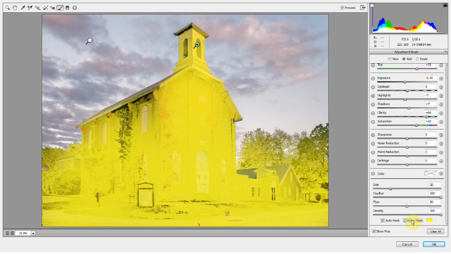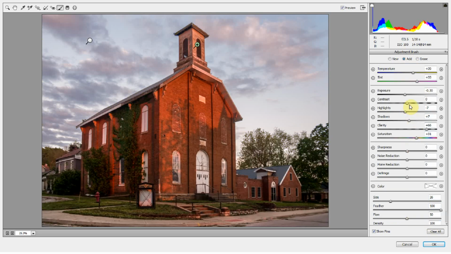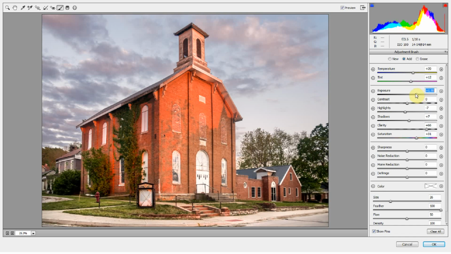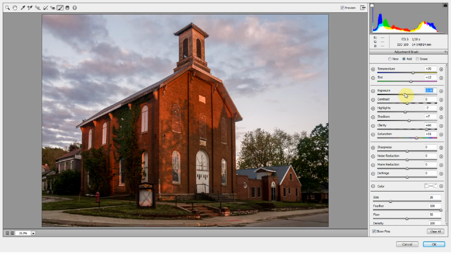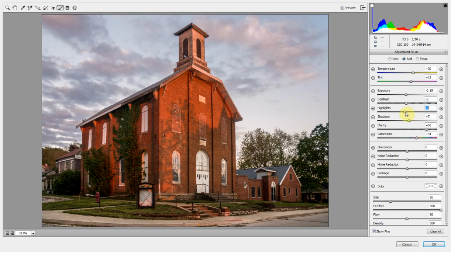So it defaults to the settings from before. So if I don't like the settings from before, I can go ahead and tweak them accordingly. Now, there's some things I don't like here. I don't like adding the magenta to that red brick. It starts to make it flare up a little bit with a color that bricks don't really tend to be. So I'm going to pull that down just a little bit from where it was before. Let's see what happens when I increase the exposure. Don't like it. Nope, don't do it. That looks about right. Let me look at contrast. This is all part of this fun process we do here as HDR artists. We get really particular about our adjustments here.